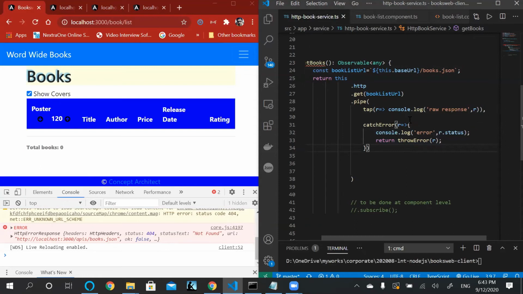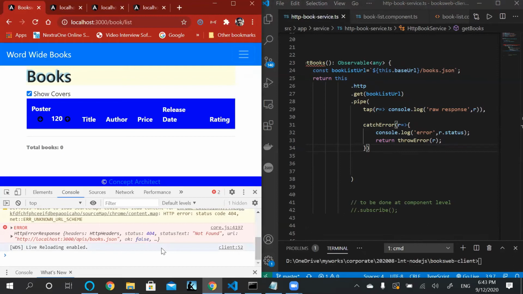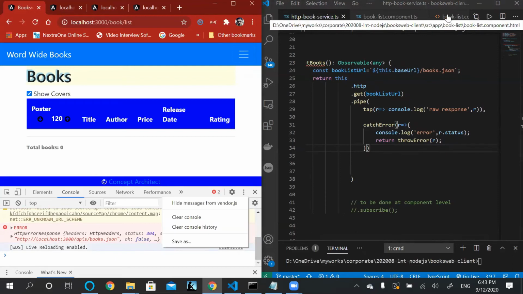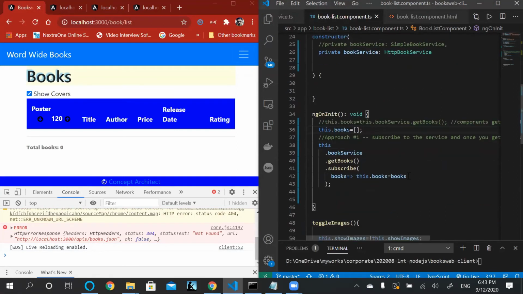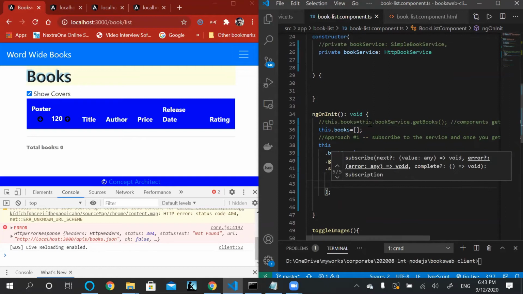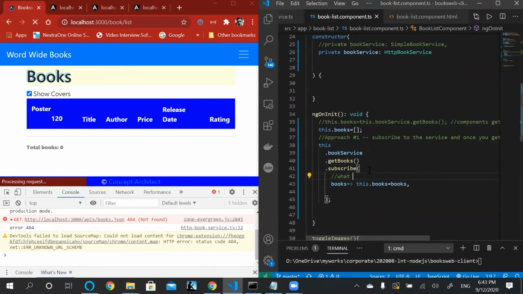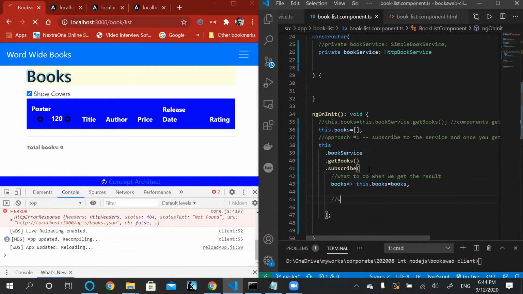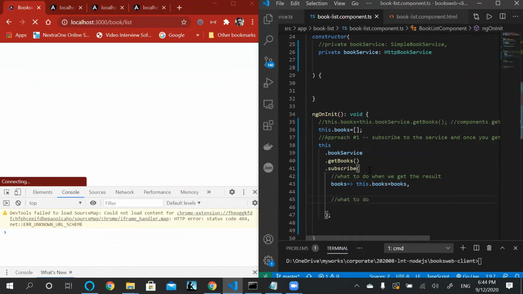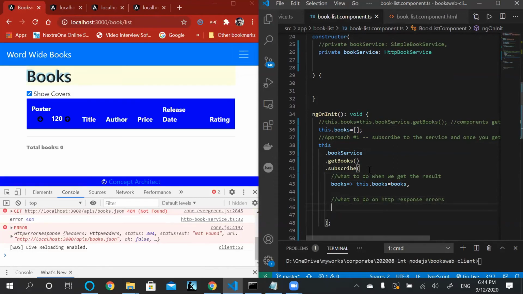If I come here and show you now, when we have thrown this error, we can come to our book list component, and just next to what we do when the result is success, what to do when we get the result versus what to do on HTTP response errors.